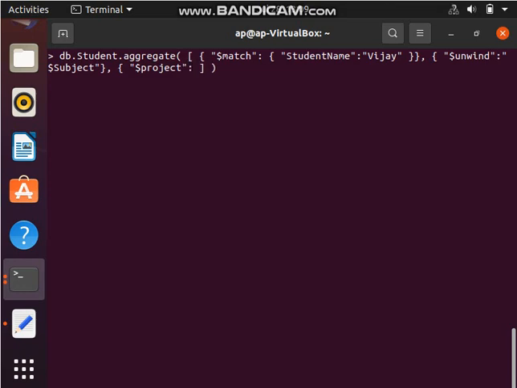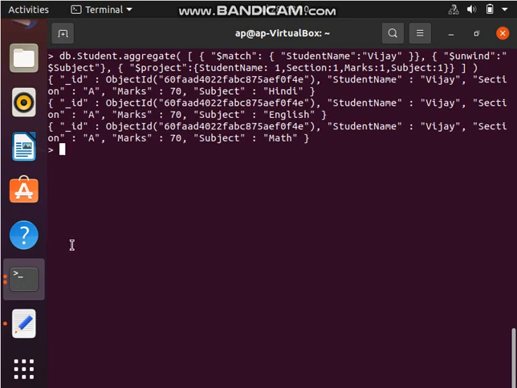So let's include those columns which we want to see in the result. I want to see student name, so I'll give 1 against it, right? Then I want section in my result, and then I need marks, and last I need subject. Just to demonstrate how we can use different things together, here we are using match, unwind and project together, right? So now close that curly bracket, and then one more, right, done, I guess. Let's see.